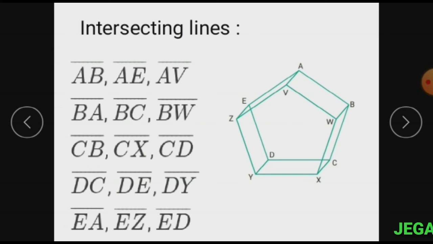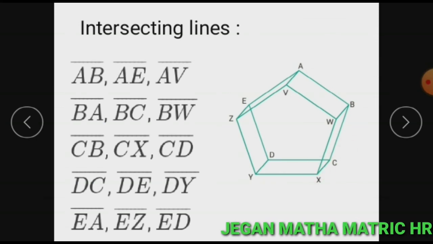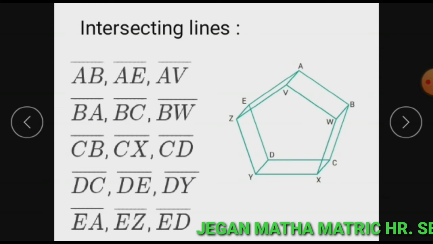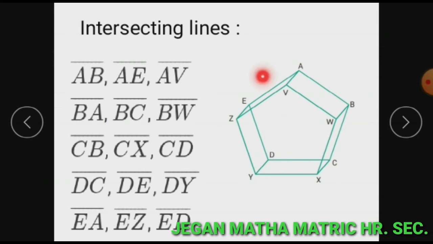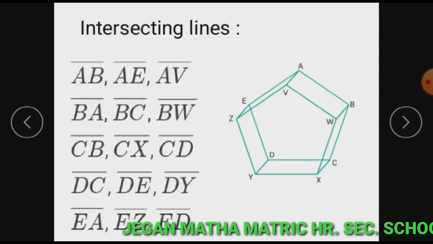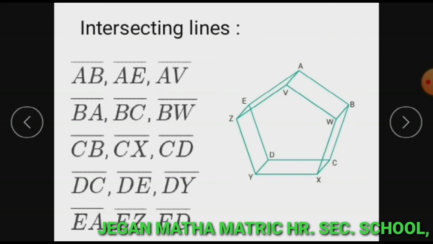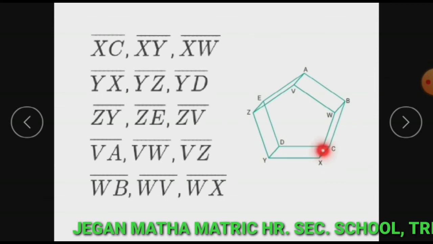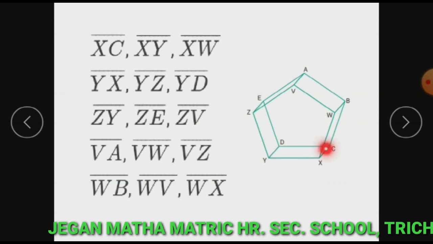And then the intersecting lines in the given figure are AB, AE and AV; BA, BC and BW; CB, CX and CD; DC, DE and DY; EA, EZ and ED; XC, XY and XW;